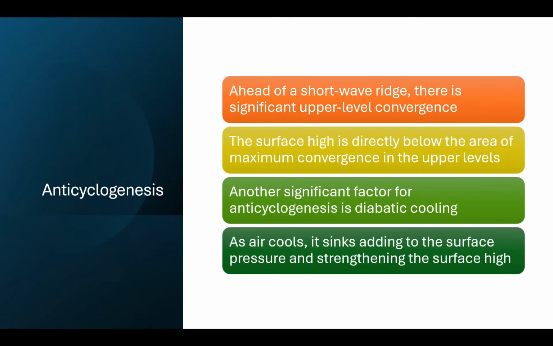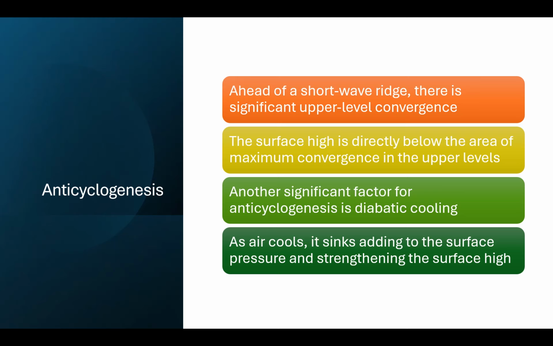So anticyclogenesis is ahead of a short wave ridge where you have significant upper level convergence. The surface high is directly below the area of maximum convergence in the upper levels. And another significant factor for anticyclogenesis is diabatic cooling. So for high pressure systems at the surface to either develop or intensify, we want an underlying surface that is